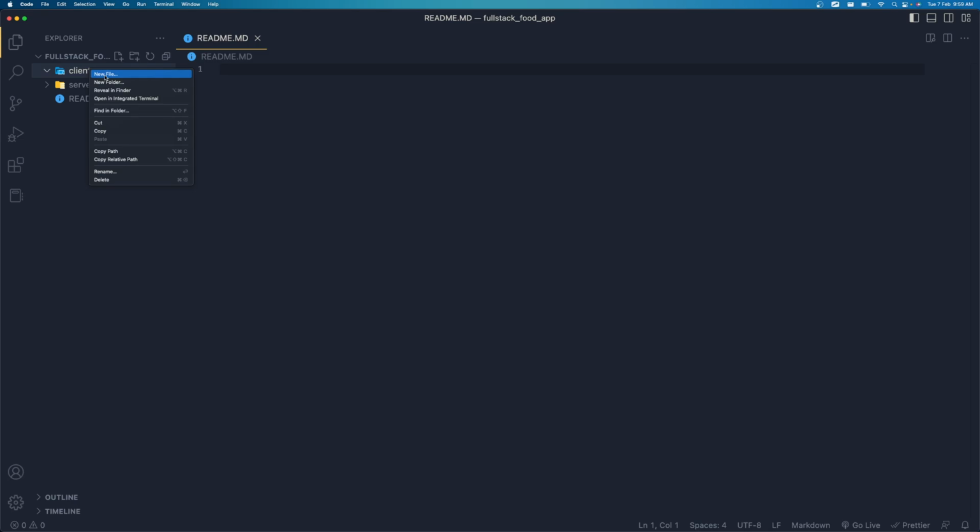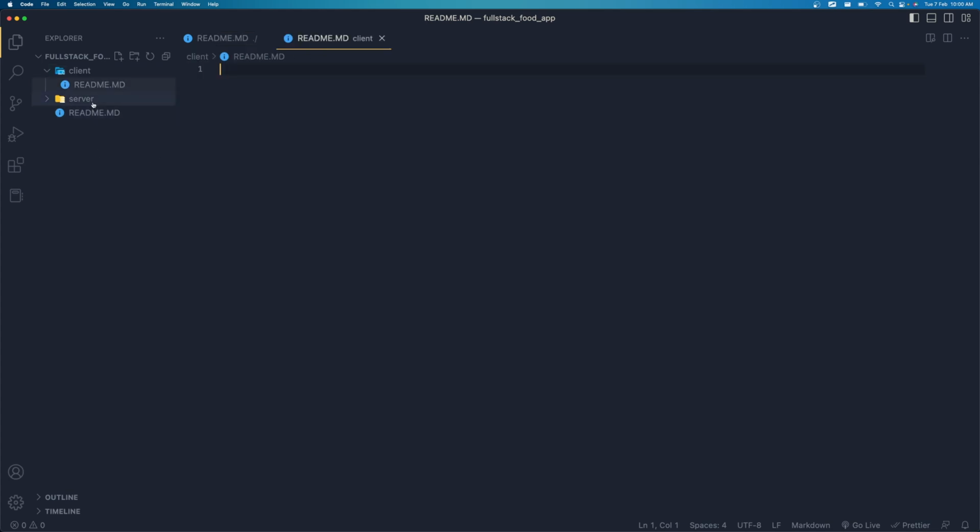For the time being, I'm just going to create this readme file over here, because we need to have at least one file inside this folder. Then only can we push this project structure to GitHub. Otherwise, it will not allow this folder to be pushed to GitHub. So please add one more file over here,